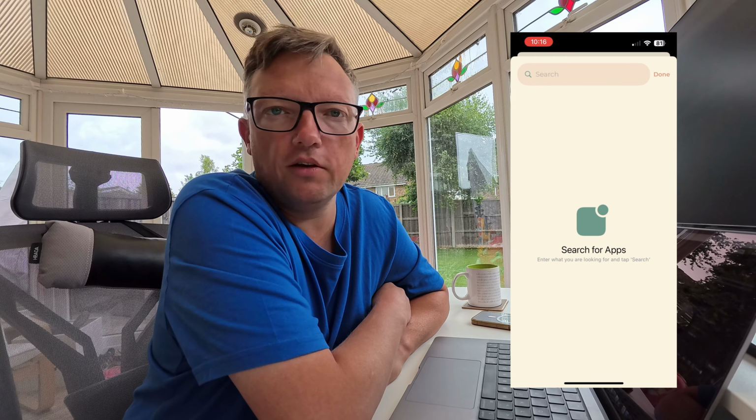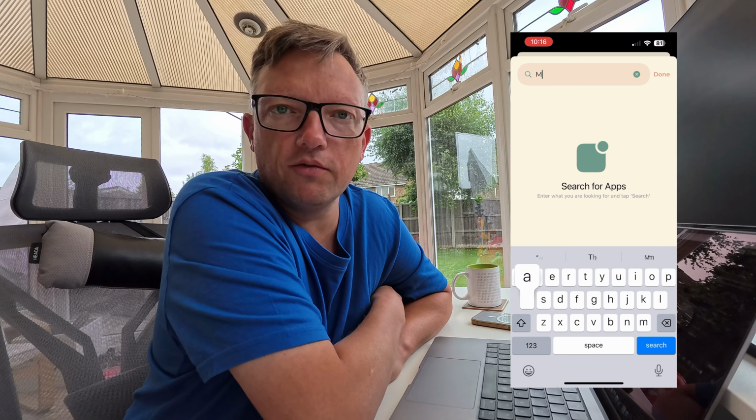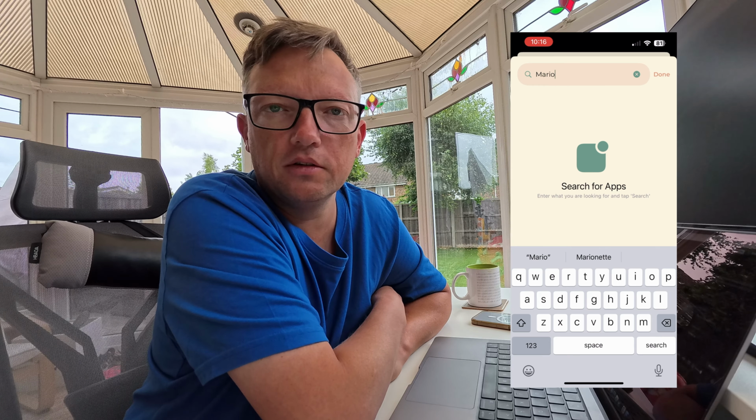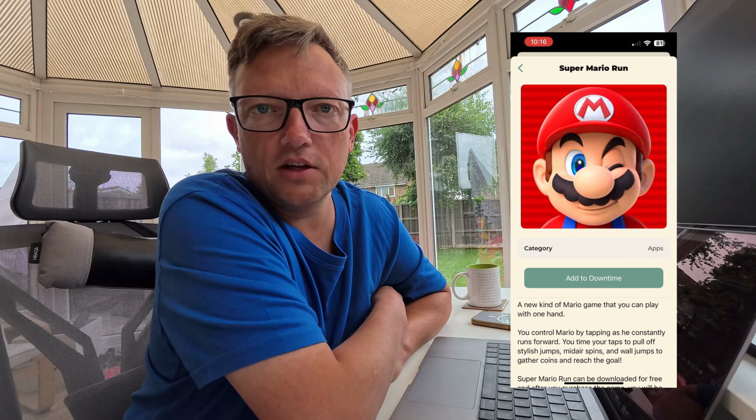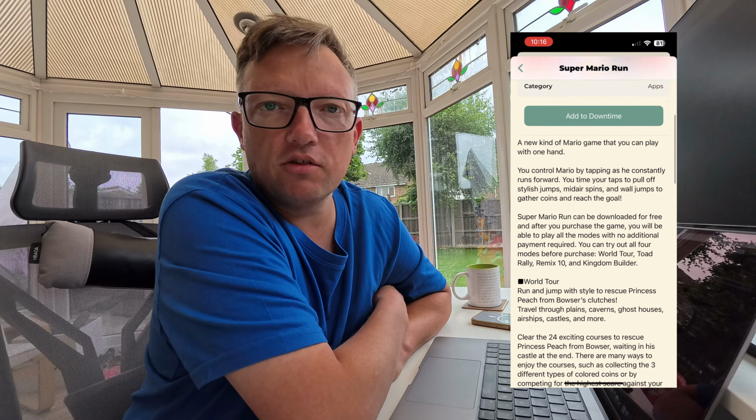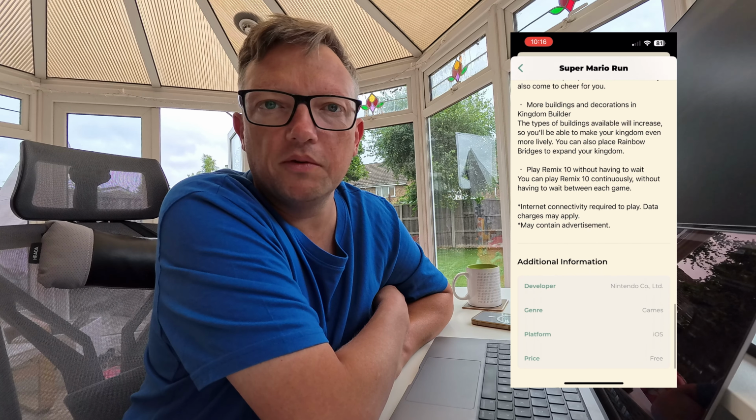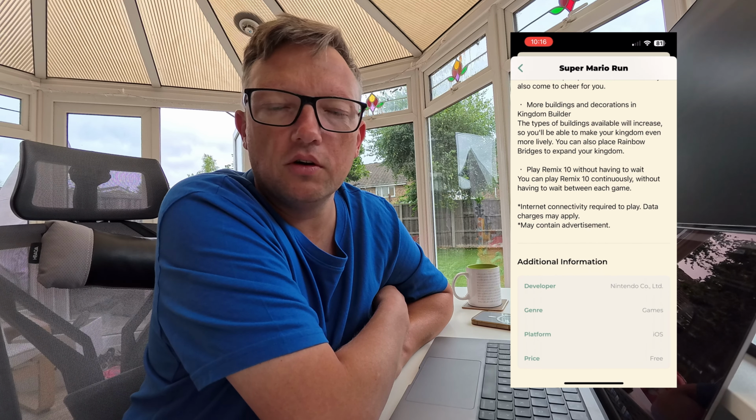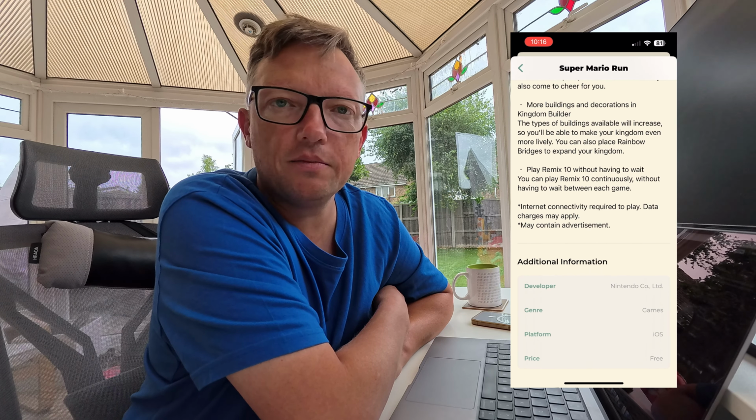There's two parts to the UI in Downtime. The list view, where you've done a search. Here you can see I'm just searching for an app, search for Mario, and it returns this. Then there's the detail view. The detail consists of what category it falls under within the app. So in this instance it's app. Then there's a description about the app. Then at the very bottom there's an additional information section which provides platform information for apps, the genre of app,